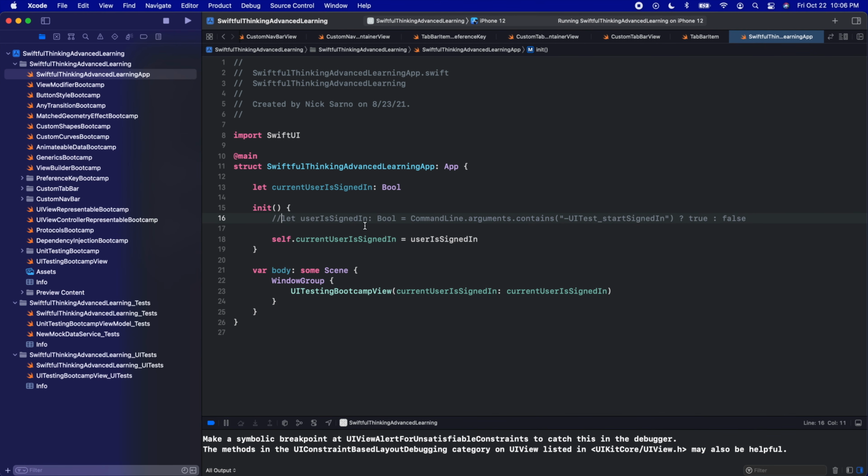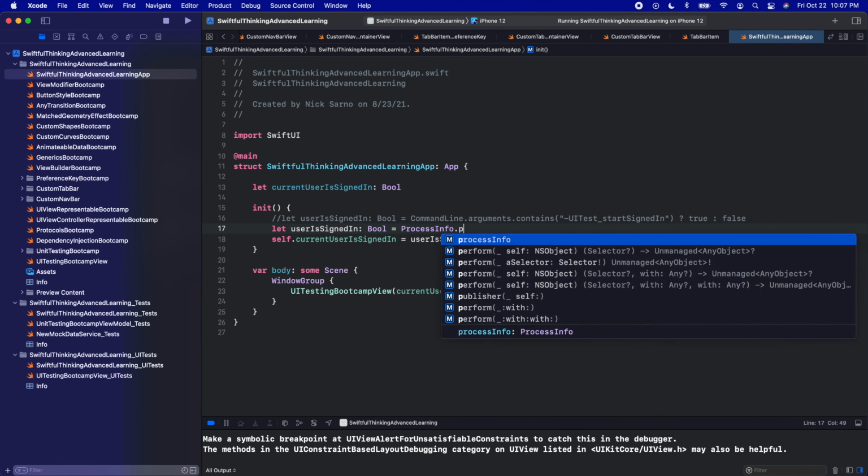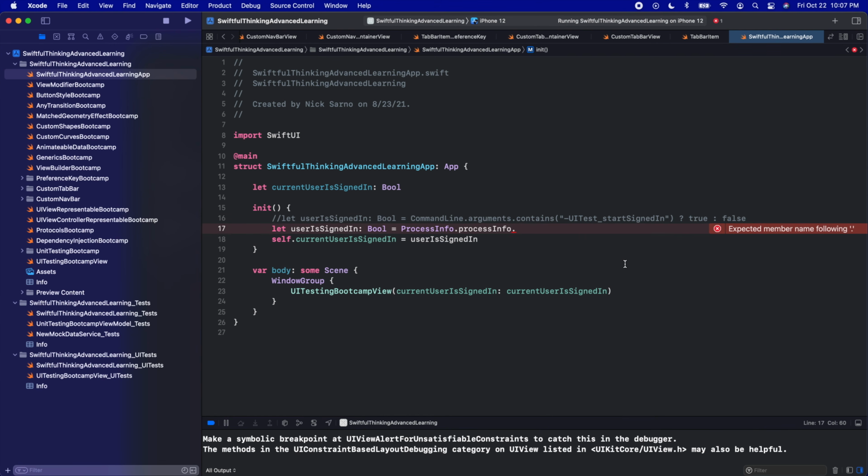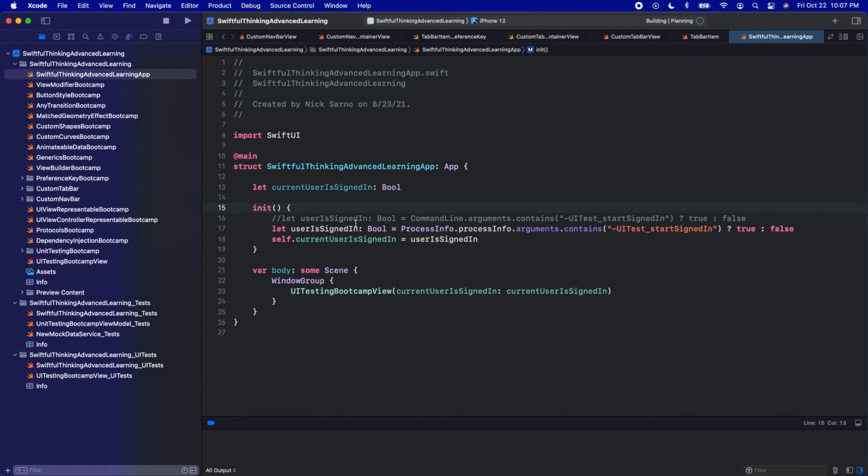I'm going to comment this out and let's just make it the same name here. So we'll say equals, and we can call ProcessInfo.processInfo. And then we can call .arguments just like above, and we can do the same contains true and false. So again, this is the exact same thing. I'm not sure why there's two versions or two ways to access the launch arguments, but if I run this, it should do the exact same thing,